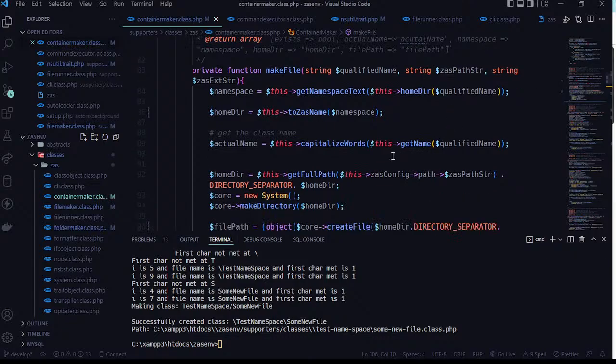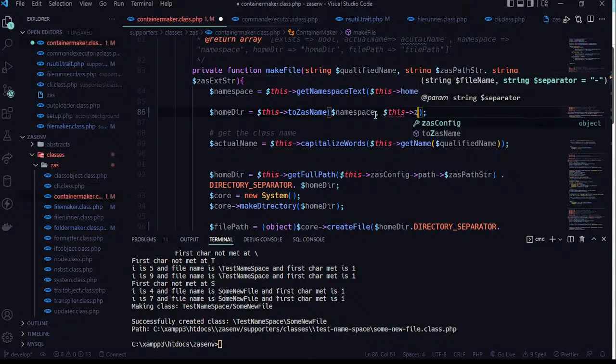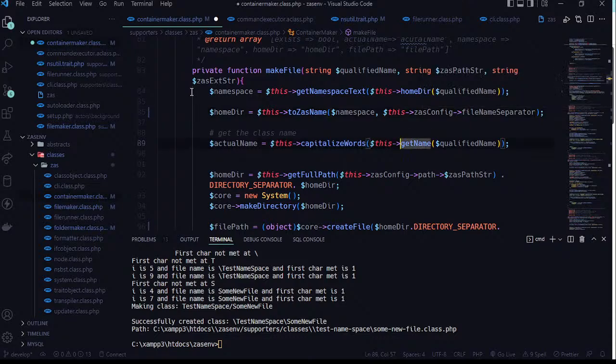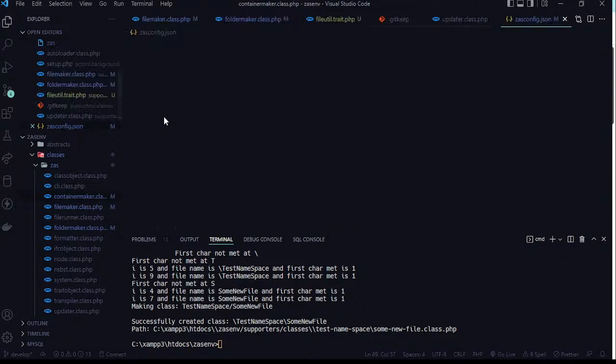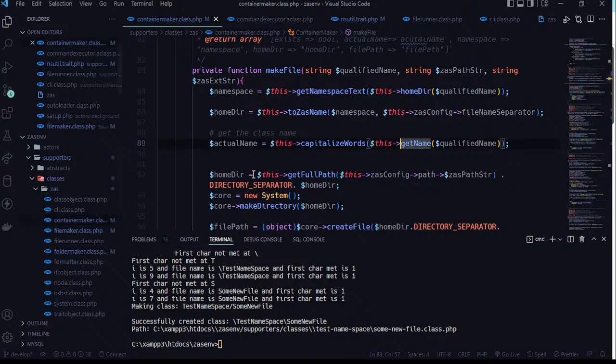Okay, here we are. So yeah, to namespace, and then instead we're just going to say this. We have our ZAS config, and then we want to pass the file name separator. That was defined in the ZAS configuration, if you remember. So let's come here and take a look at it. It's file-name-separator. So I think that's it. So we pass in the